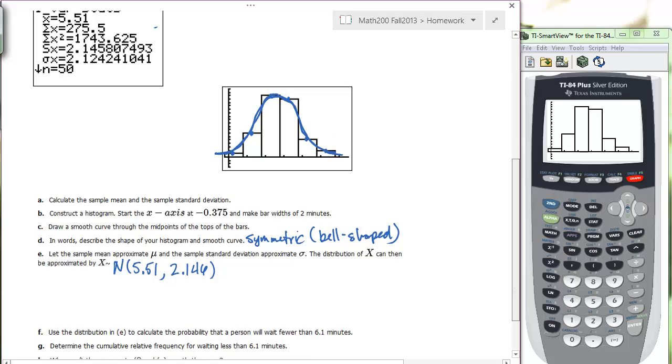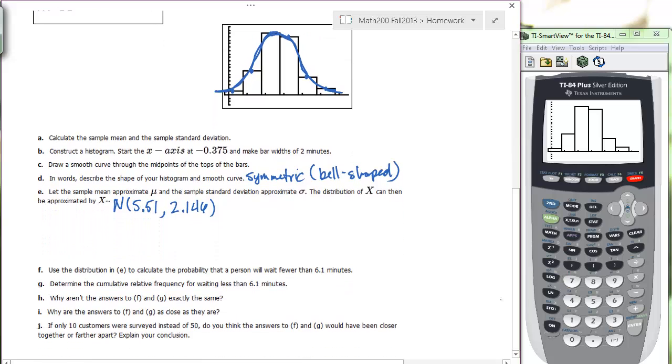Okay. Now they say use the distribution to calculate the probability that one person will wait fewer than 6.1 minutes. Okay, for this one, it's back to the normal distribution problem, so this is going to involve a normal CDF. Fewer than 6.1 minutes will,